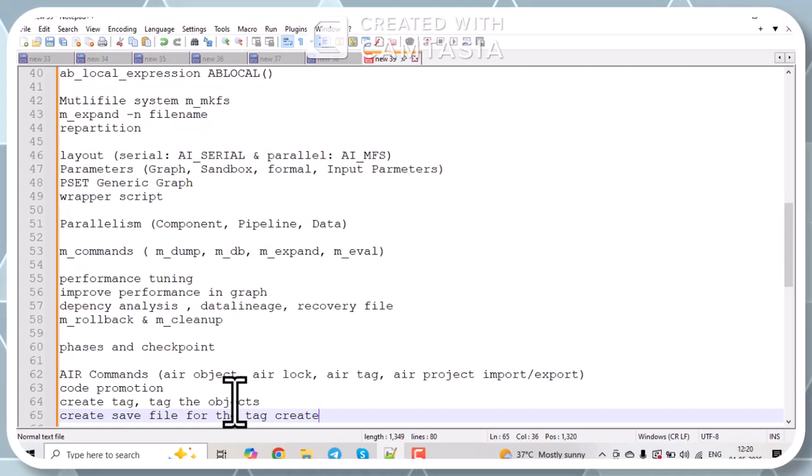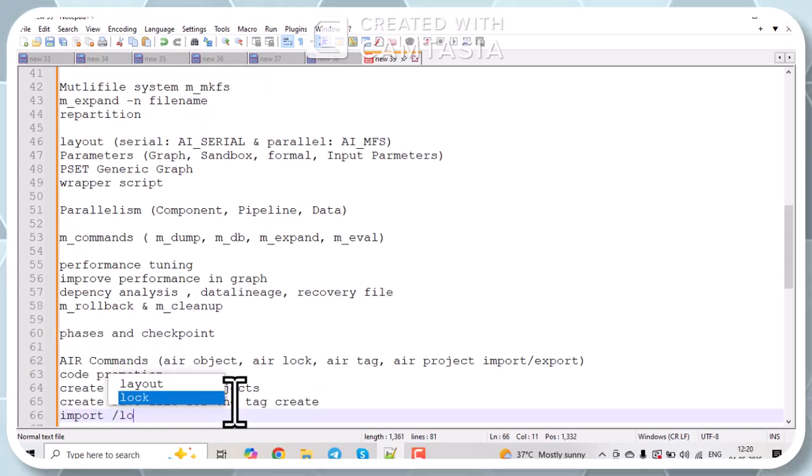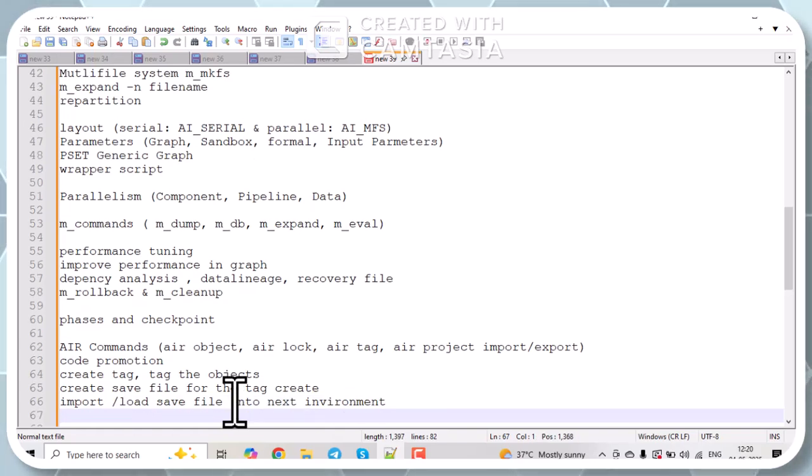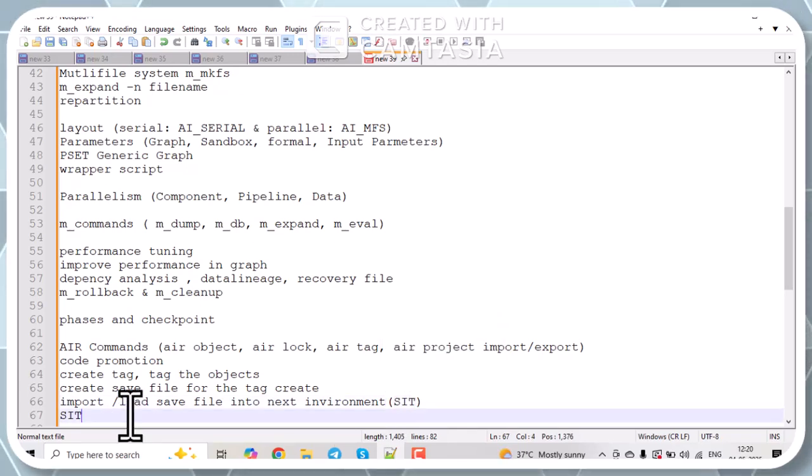Then we will import or load the save file into the next environment. Then we will go to the SAT or next environment. Suppose here the next environment is SAT, meaning the testing team. So we'll go to SAT